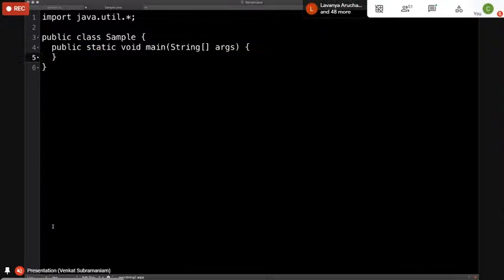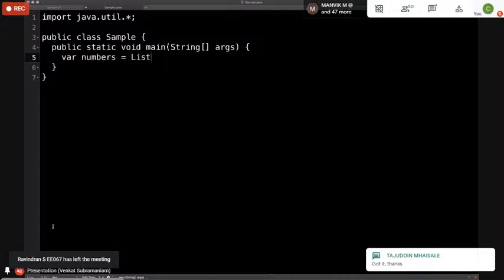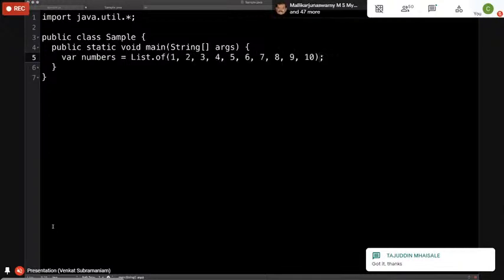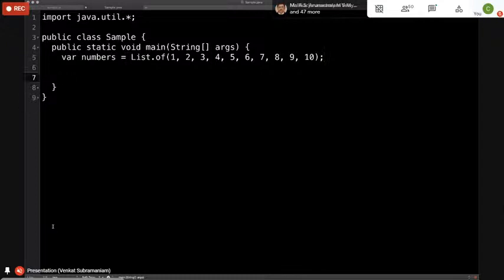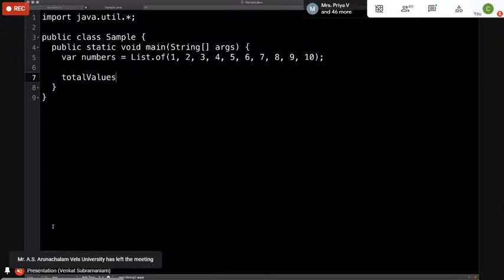But in this case, instead of using a class, I'm going to use lambdas to show this. Suppose we have a list of numbers, we'll call it numbers, equal to, let's say, a list of numbers 1 to 10. What I want to do in here is say total values, numbers.